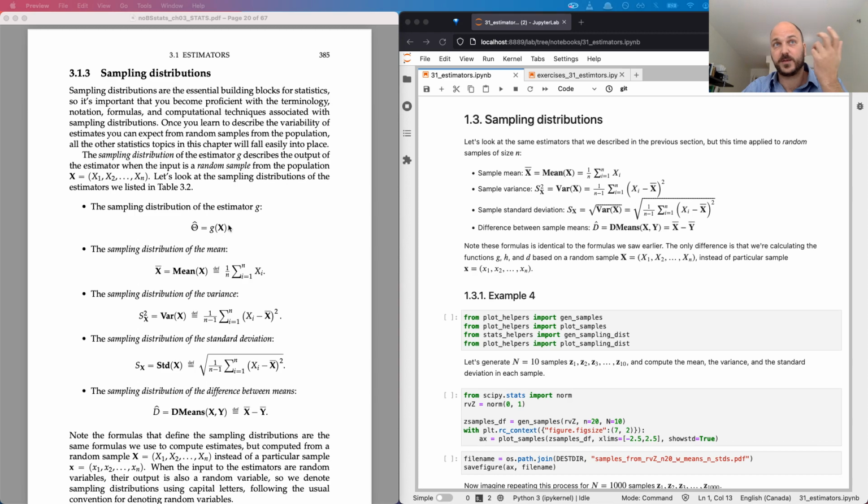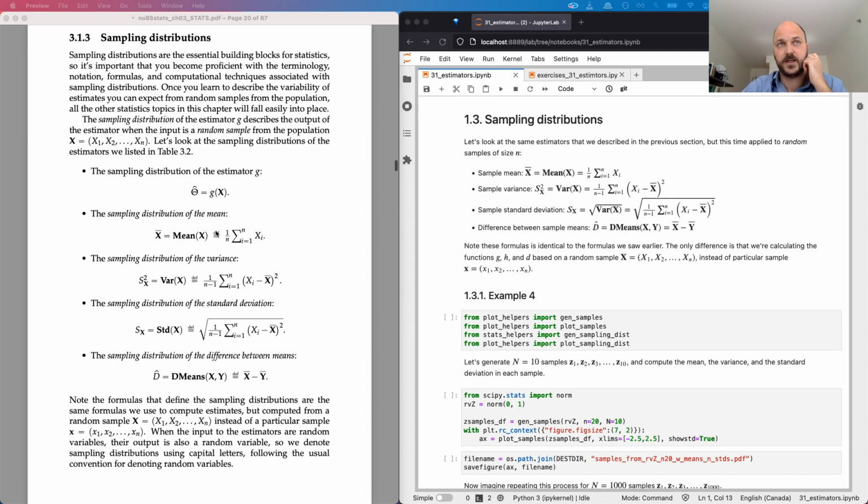A random sample is a distribution of all possible samples you can obtain. So if you compute the estimator from a random sample, you get a random variable, and the distribution of that random variable is called the sampling distribution of G. Okay,